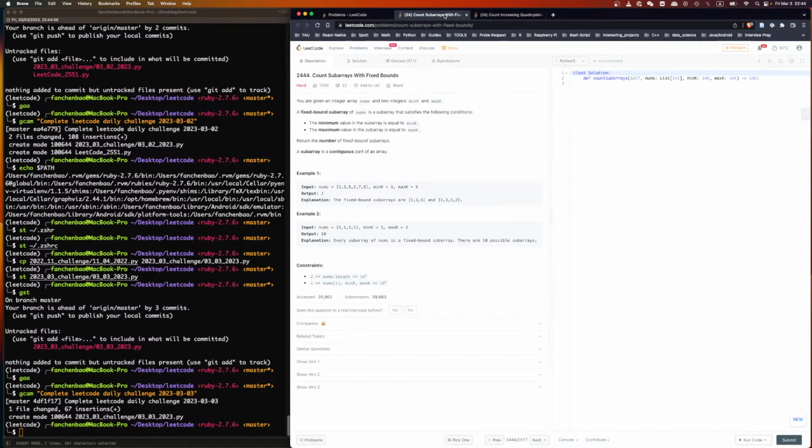We need to find the smallest. So yeah, we find this. And then what? We find the first one, and then we find a second one that is a match, and then we will just do the whole thing. And then we just extend to the left, extend to the right. We want the smallest. Now once this is done,